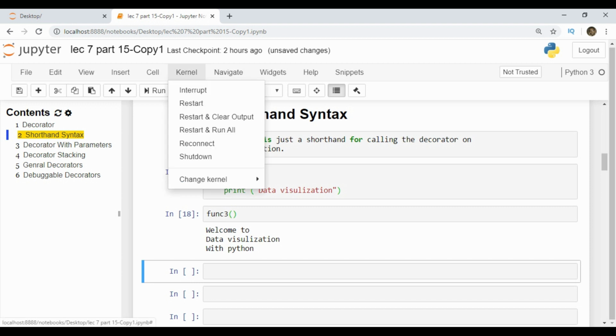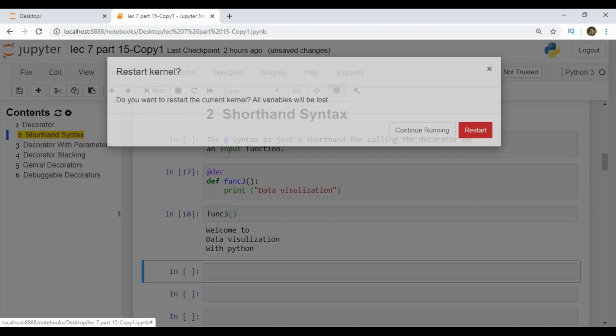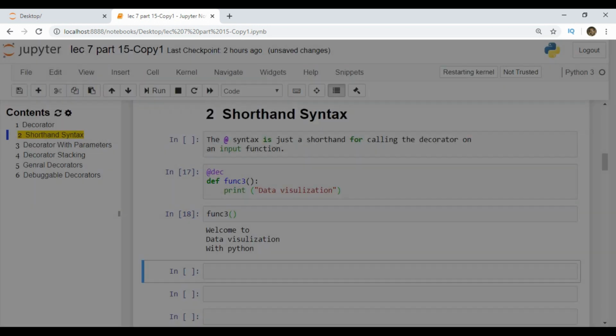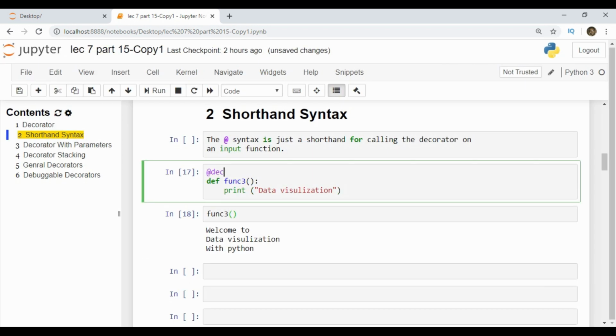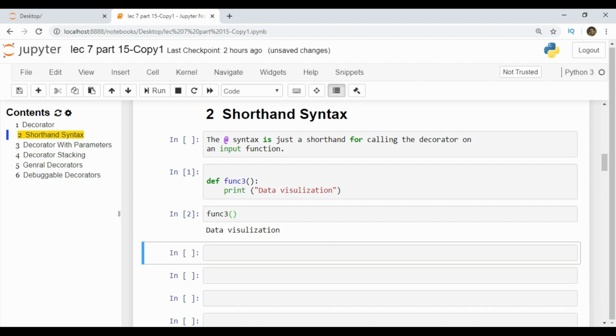Restart the kernel. If you didn't have this decorator syntax and you define func3 and run func3, you will get data visualization only at the output.